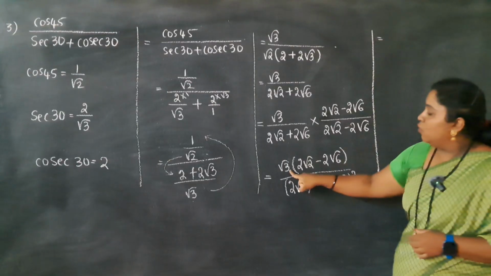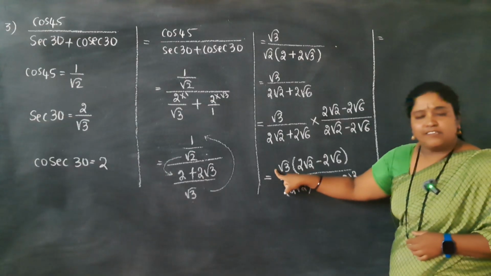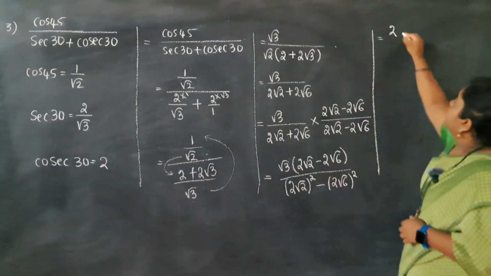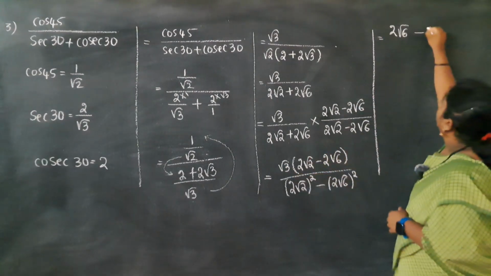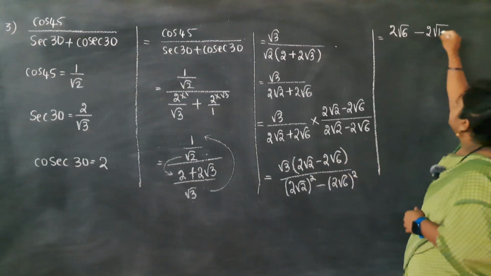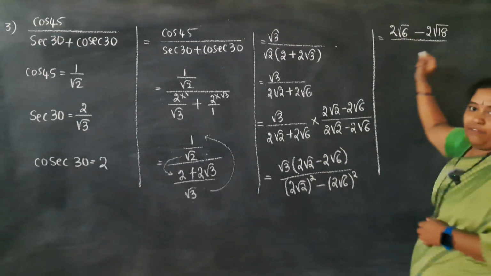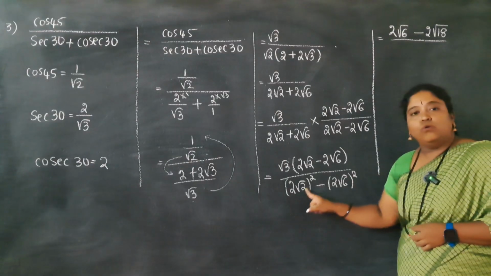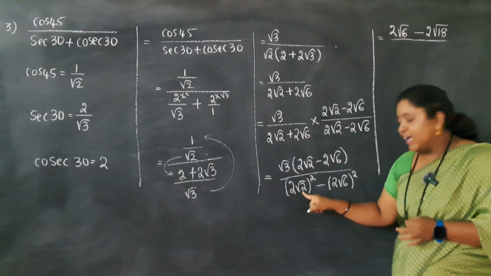In the numerator, root 3 into 2 root 2, whole number into whole number. If nothing is present, it means 1 will be there. 1 2s are 2. Root 2 into root 3 will become how much? Root 6. Minus 2 1s are 2 into bracket root 3 into root 6 will become root 18. 6 3s are 18. So root 18 whole divided by, what is there in the denominator part? See here, 2 root 2 the whole square. This square is related to both this part as well as this part.